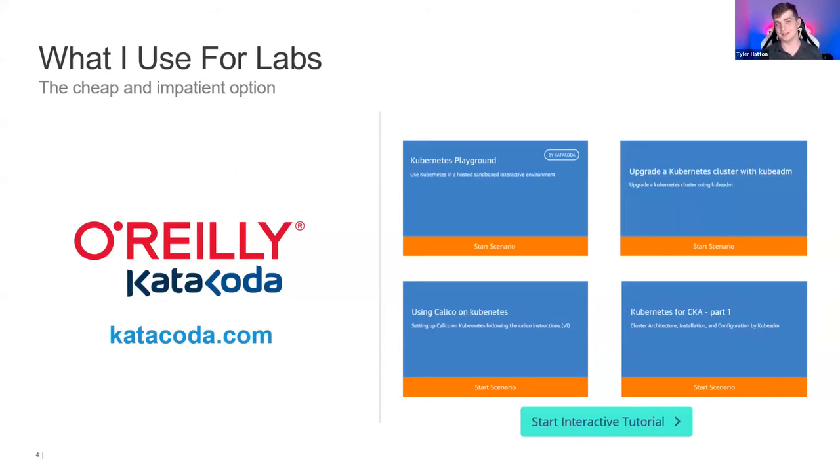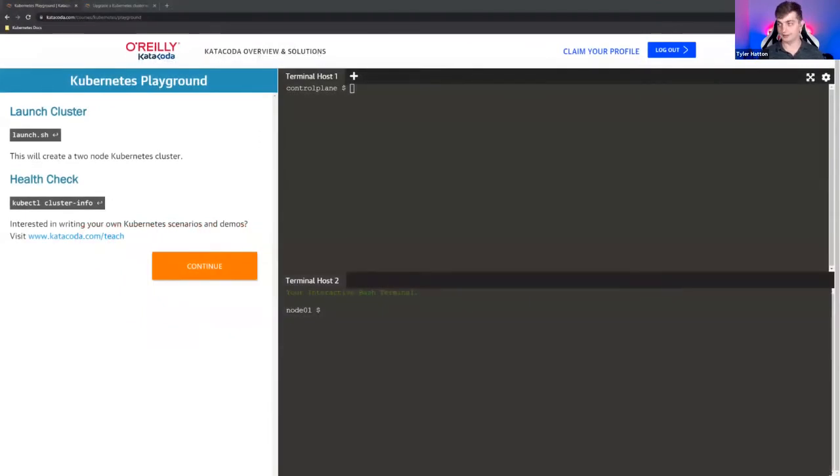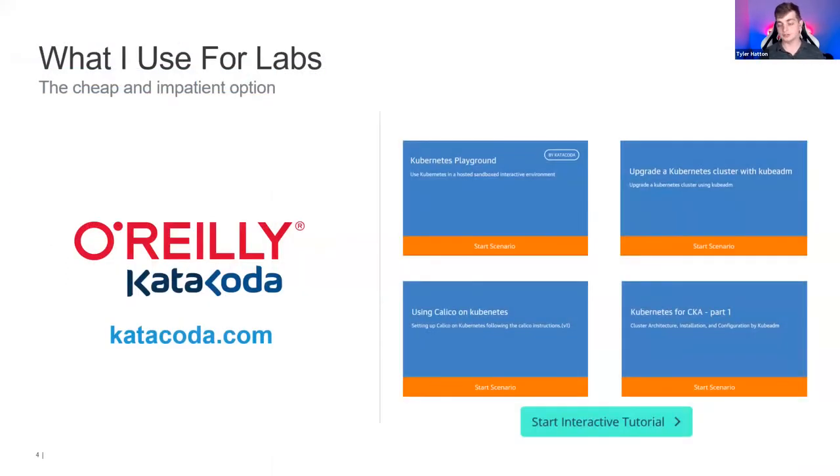A good solution for that is a service called Katacoda. It's basically free, on-demand Kubernetes environments that you can launch by going to the katacoda.com website. Don't let the O'Reilly name intimidate you. They bought them about a year ago, but it's mostly the same site it was a year ago. You can sign up for a free account, launch an on-demand lab, and start running kubectl commands almost immediately. This is an example of a lab environment that we'll be using a little later on, and I launched it within seconds. I'm not even exaggerating. You can launch a similar environment and get your feet wet with Kubernetes, and if there's a certain command you just want to test in a hurry, Katacoda is a fantastic resource for that. And the final thing I'll mention around Katacoda, and I promise I'm not just trying to sell it,